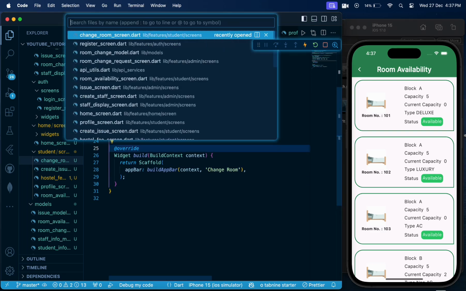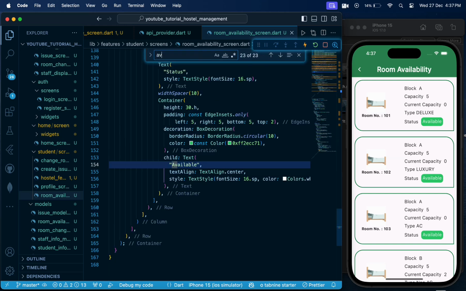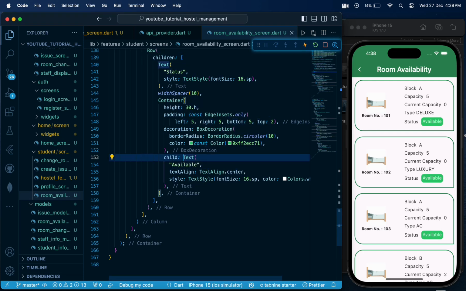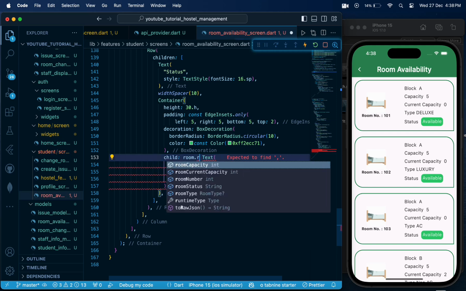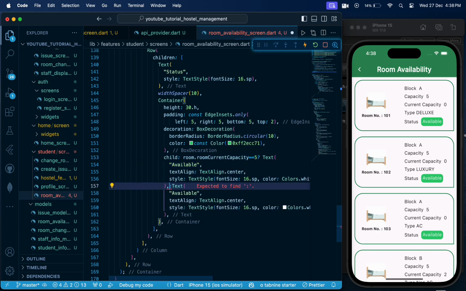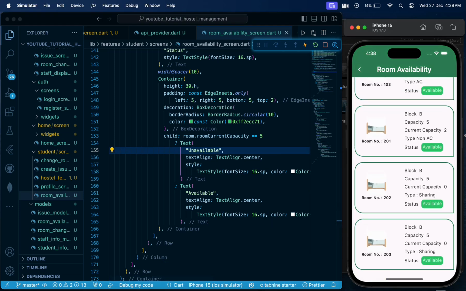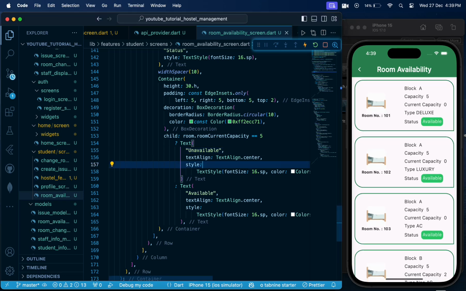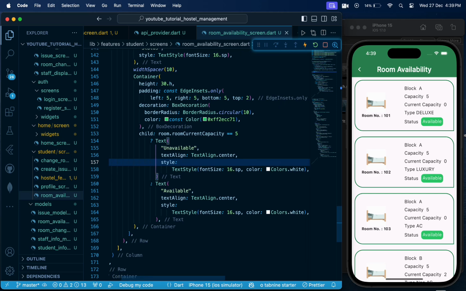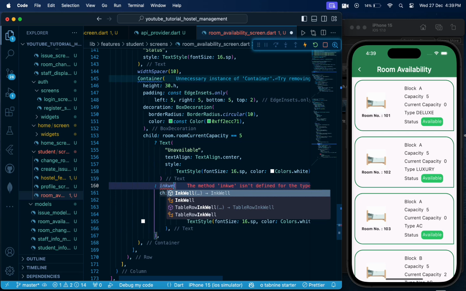So we will go to our room availability screen. Now we will search for available. So if the text is showing available, suppose the room's current capacity is 0, which means there is capacity for adding new students. If the capacity is equal to 5, it is already occupied by 5 students, so there is no capacity. That's why we are writing unavailable there. If the room capacity is less than 5, which can be 4, 3, 2, 1, then at that time